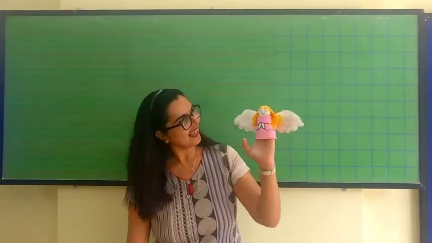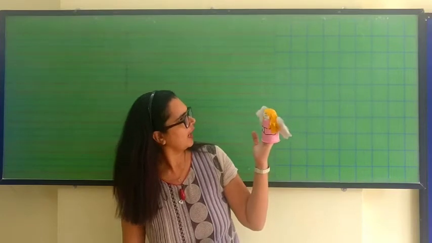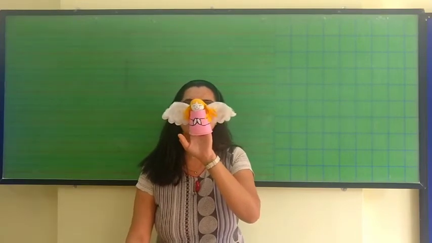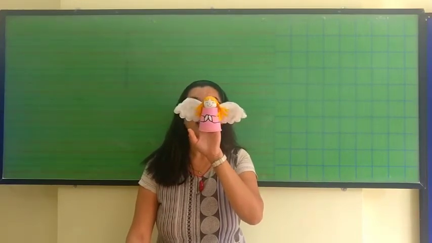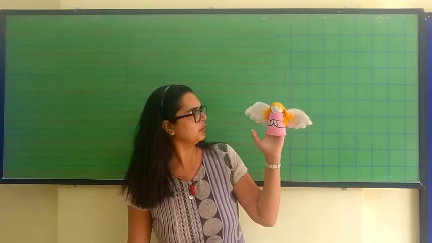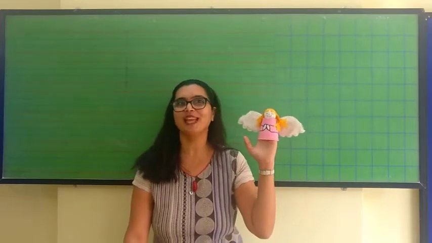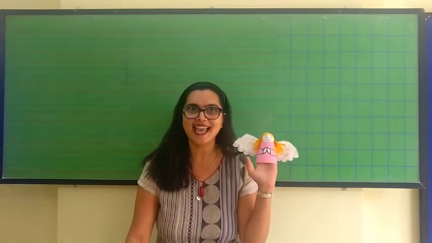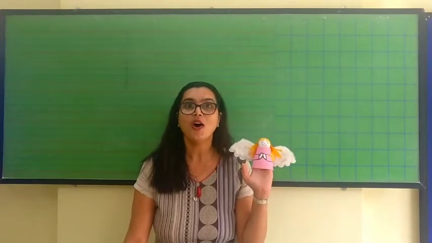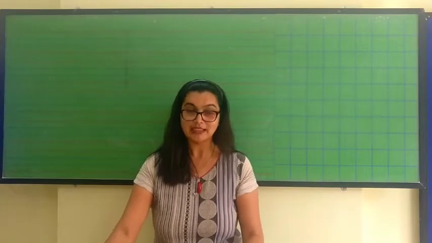There is an angel in our class. Hello, angel. Why have you come in our class today? I have come to learn the cursive letters A to Z. Oh wow, you also want to learn? You know, angel, my children also know how to write cursive capital and small letters. Yes? So today we are going to revise all the letters on your worksheet page number 32.